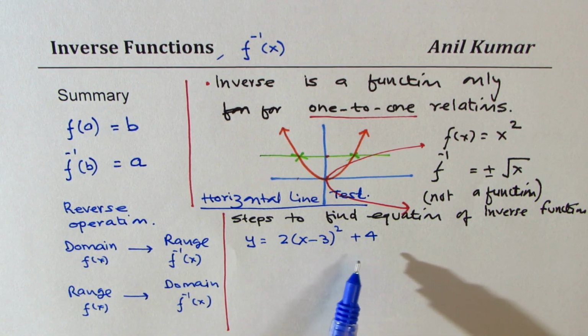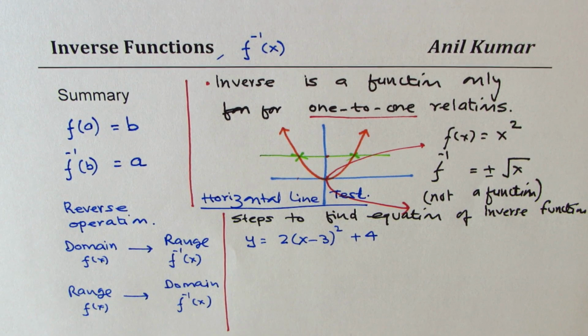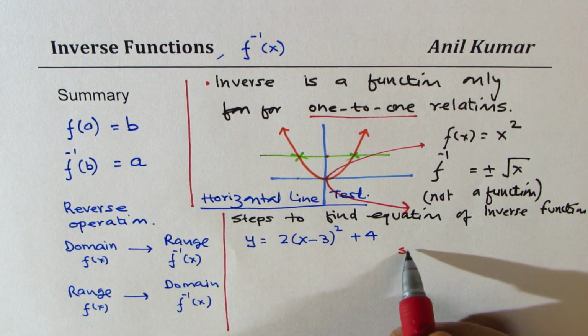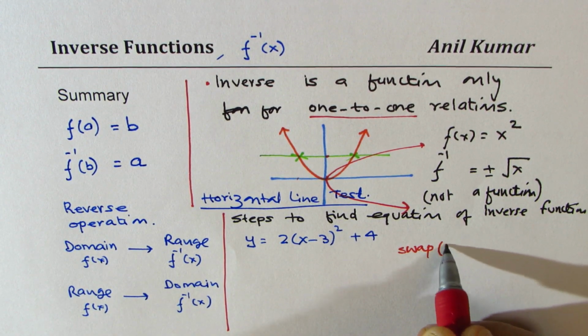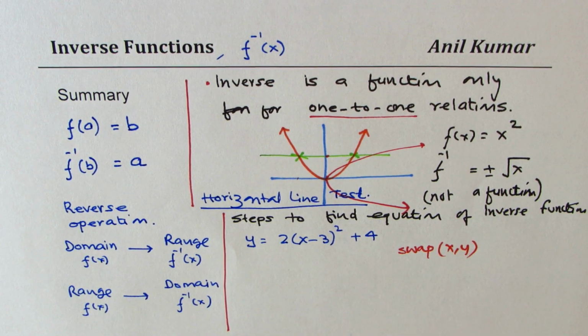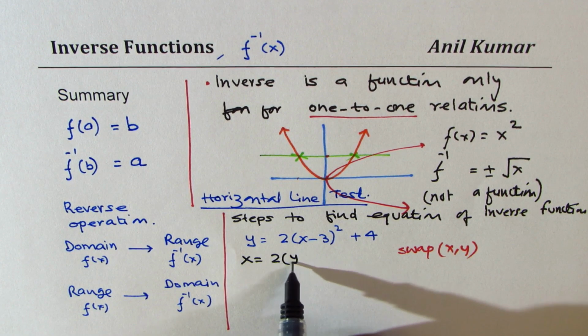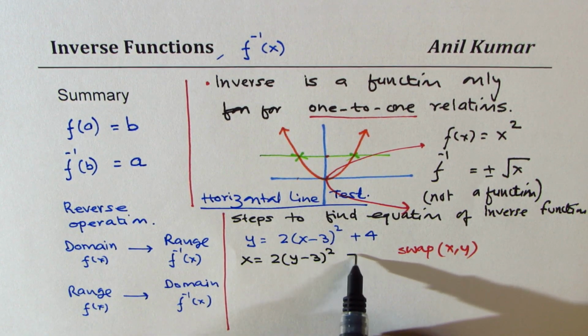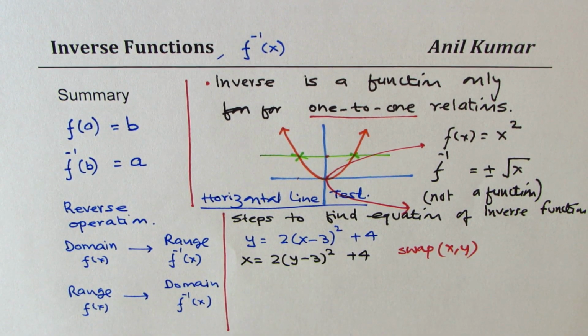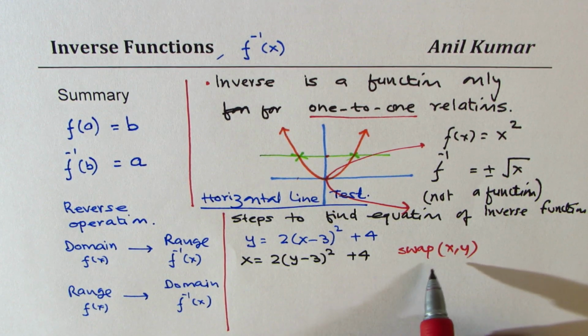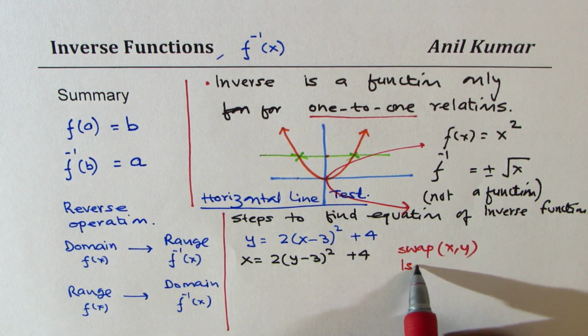Now steps are that first we swap x and y. So first step is swap x, y values. So if you do that, you get x equals 2 times (y minus 3) whole square plus 4. The second step is to isolate